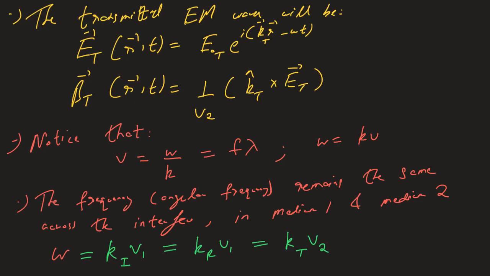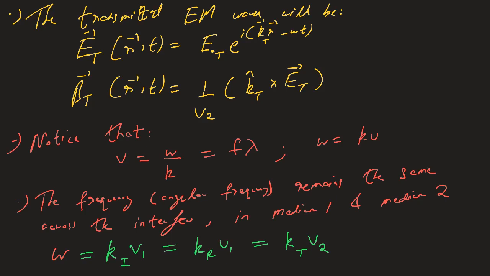Now there are multiple ways to think about why the frequency remained the same across the interface. If you believe me when I say that the velocity should be different because the different materials have different permittivities, so the speed of propagation is different. But we know that the speed must be the product of f and lambda. So why did f not change, keeping lambda constant? Well, the reason for that is that